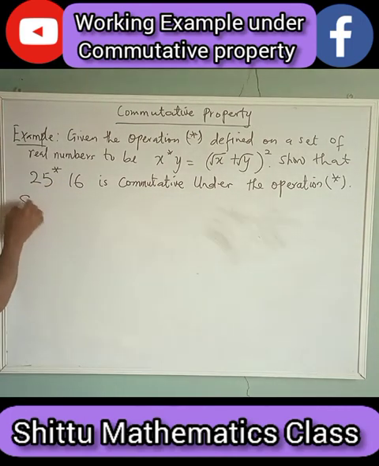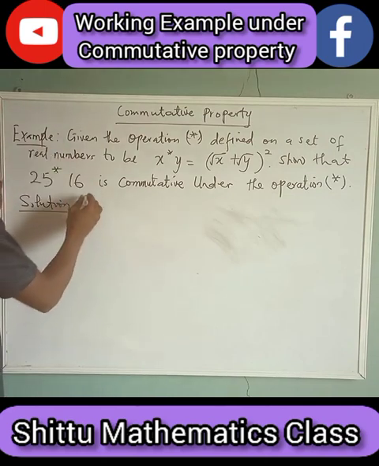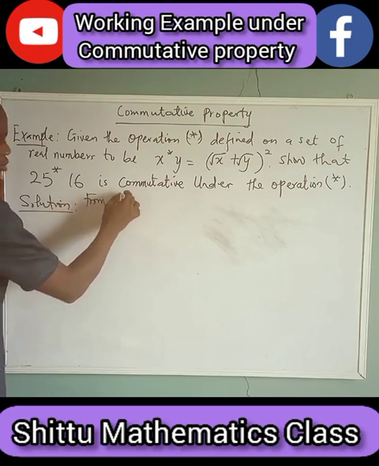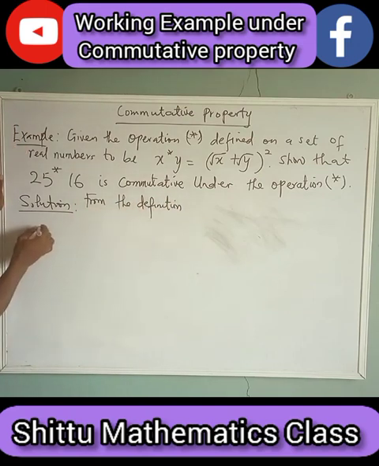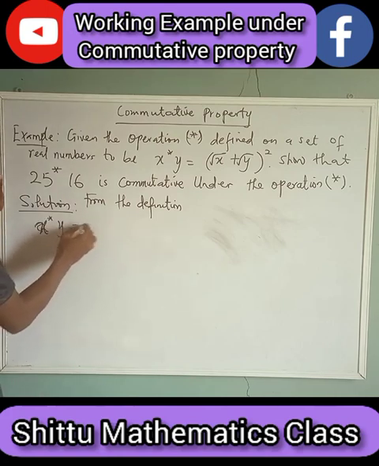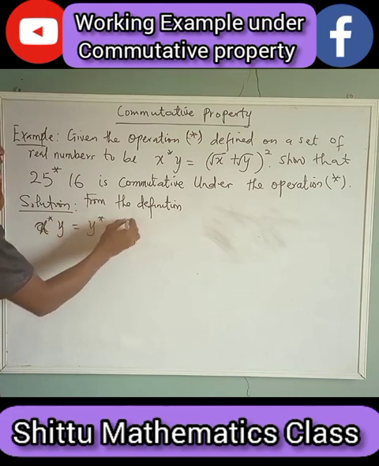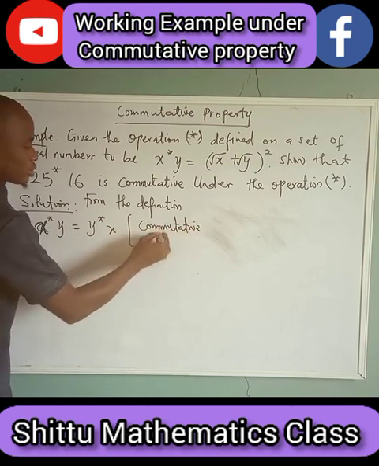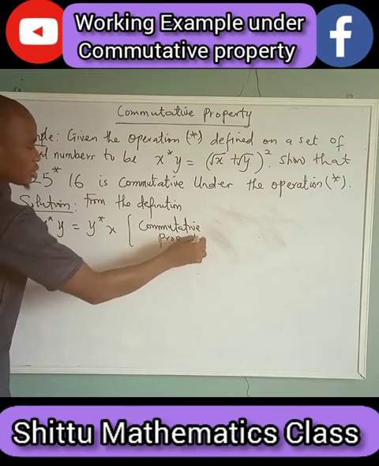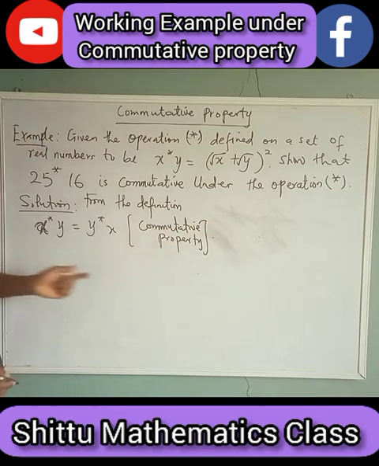Now, solution. From the definition, let's use x, because they use x: x asterisk y is equal to y asterisk x. That is the commutative property. Are you there? So if this is the commutative property, then according to the question given to us,